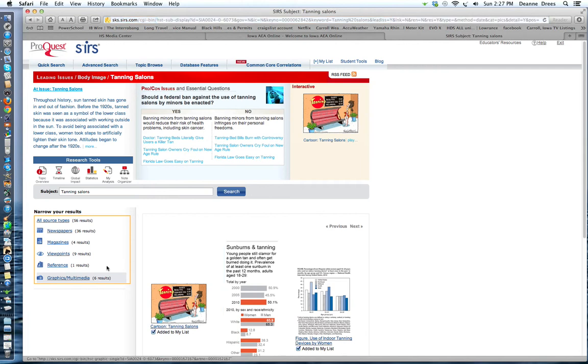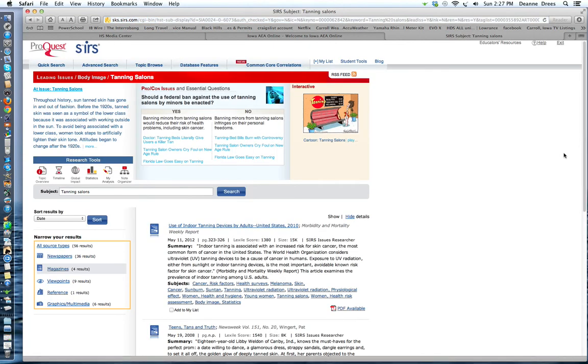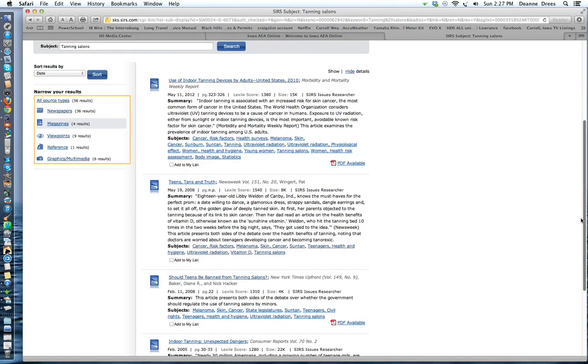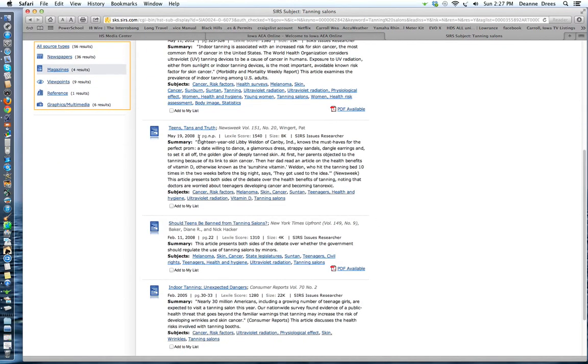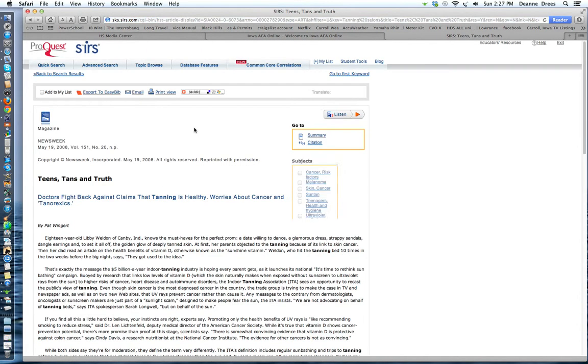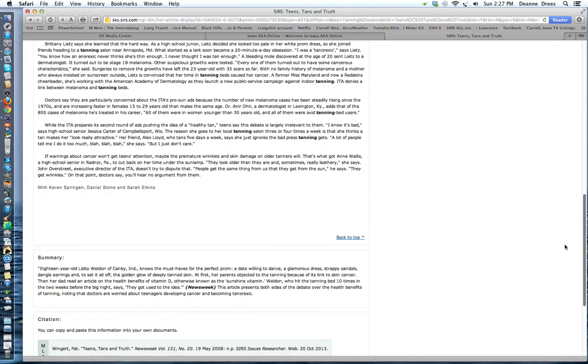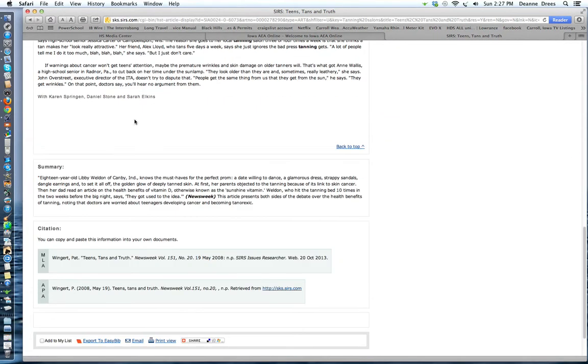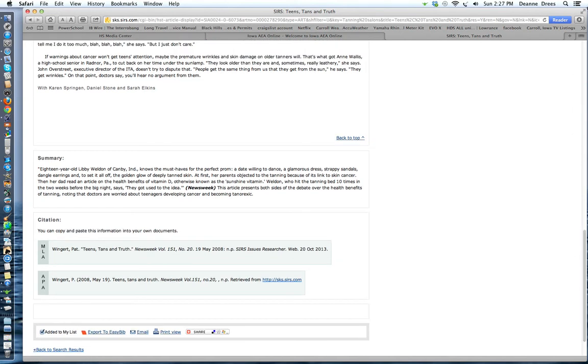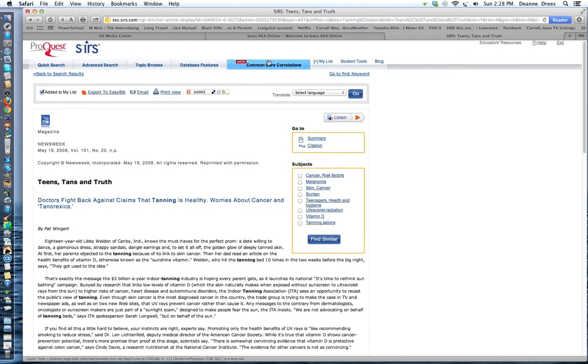We could go back and let's say we want to look at some magazine articles. Teens, Tans, and Truth in Newsweek. Here's another article. You can see if that's something that will interest you and help you with your research. Here's the summary. Here's the citation. I'll add that to my list. Let's say I'm finished. I have all the information I need. Now I can go back